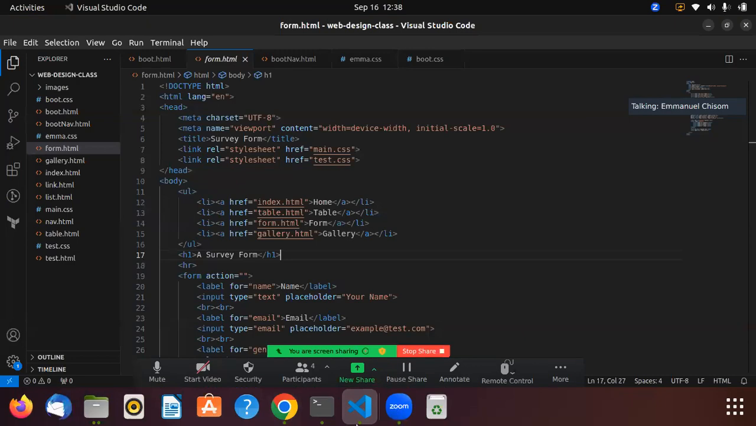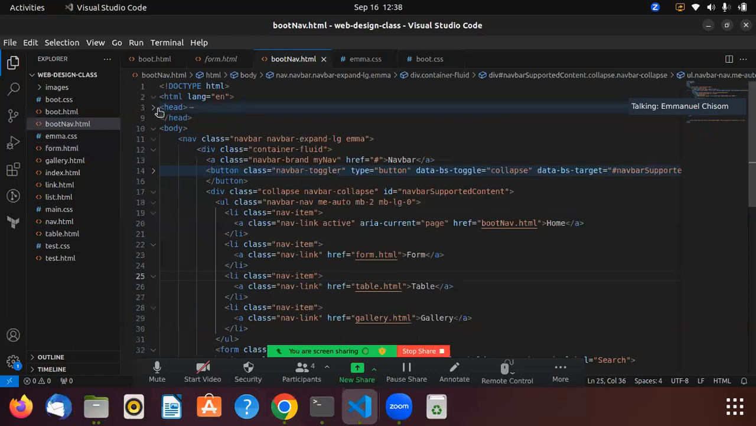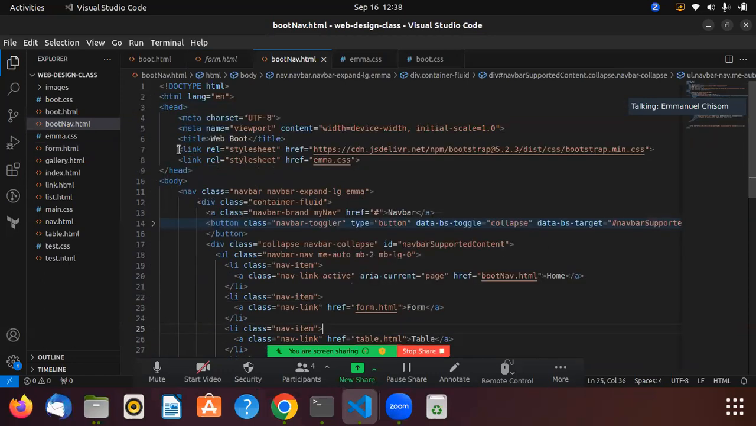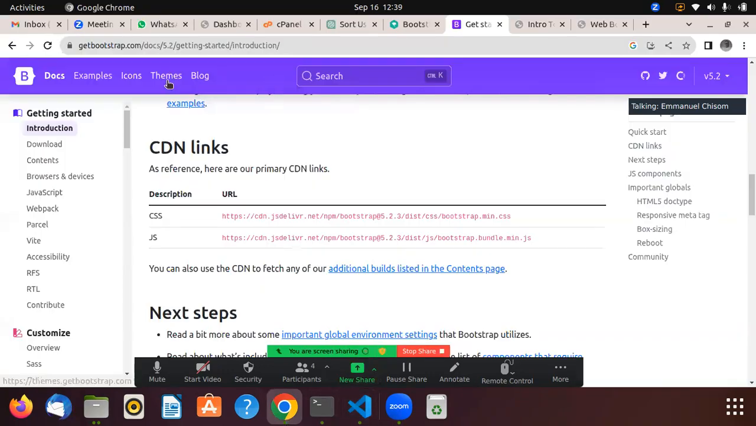And how do you connect it to your project? The same way you link your CSS file when styling. That's the same way you link it, either by downloading or using a CDN link. But I've not shown you how to download and bring it to your root folder. What I've used so far is the CDN link. And how do you get the CDN link? Just go to Bootstrap,